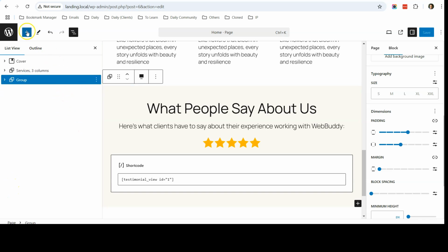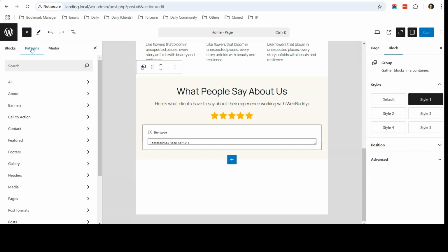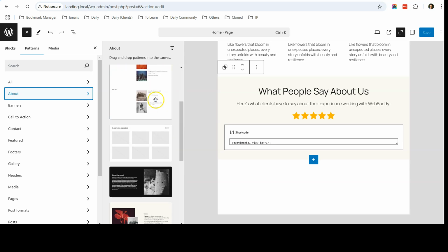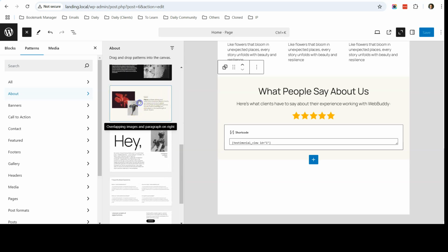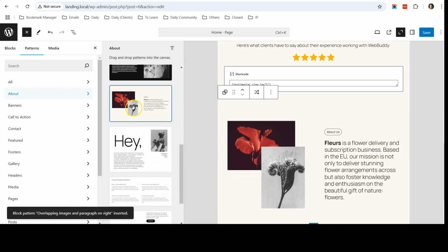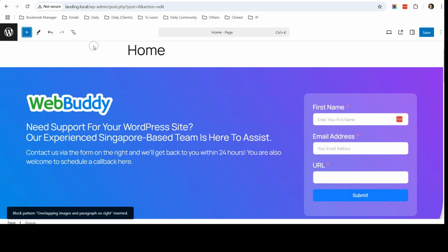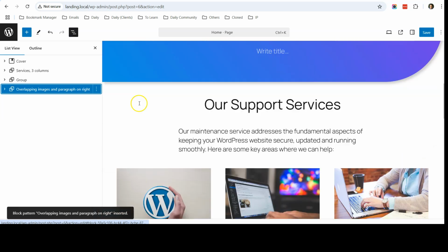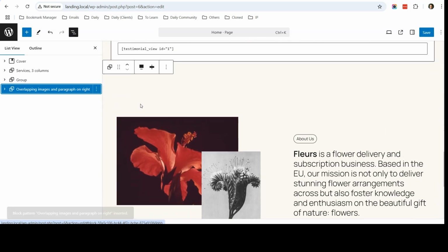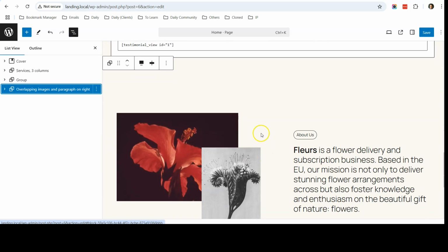So for this section, let's add a pattern. Go to pattern and go to about and scroll down. So this is the one that I'm going to use. So click on this one, it will automatically add it in. So now go back to the page, scroll down, and you can see that these two sections have the same